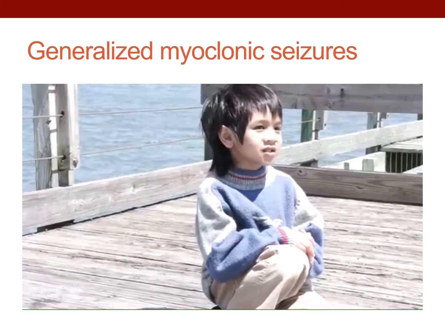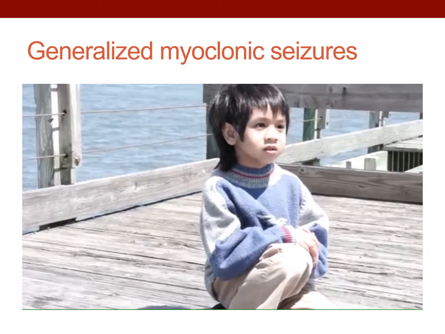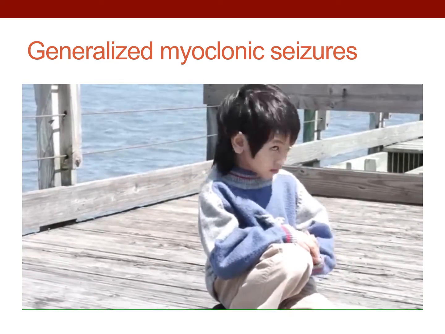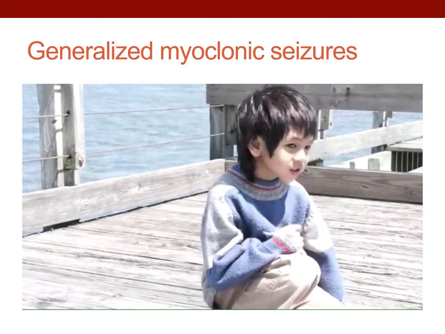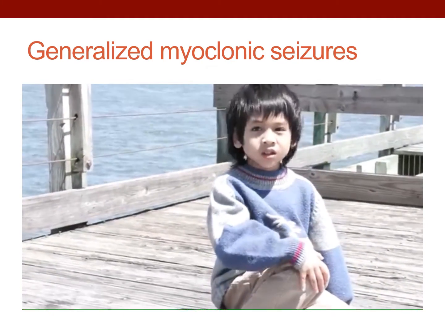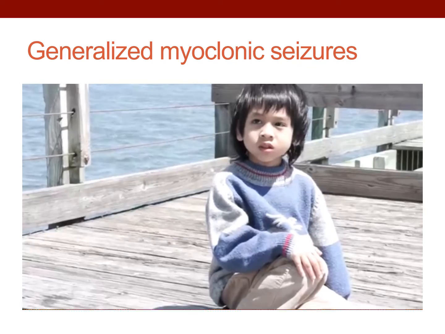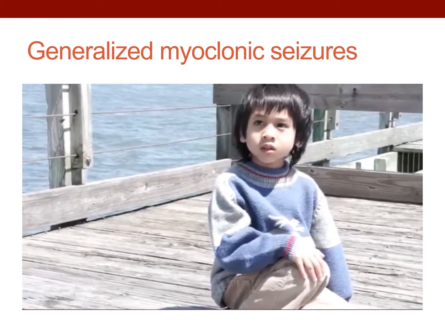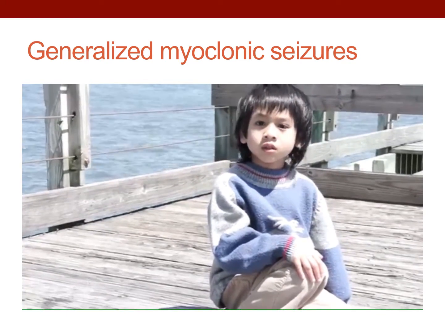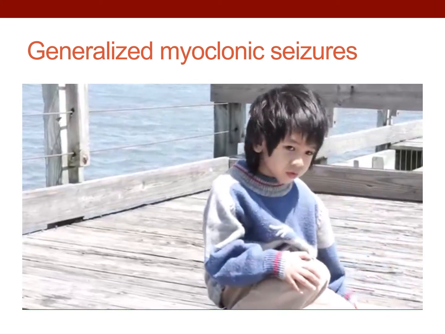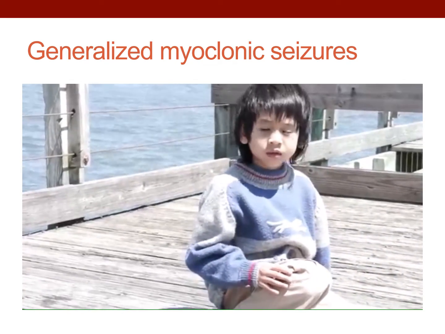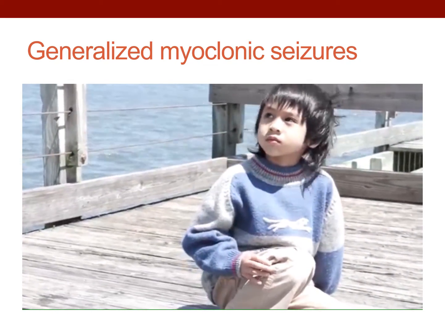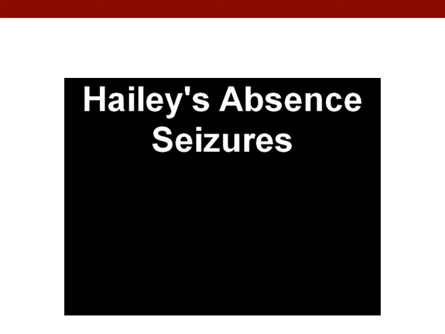Myoclonic seizures usually happen in clusters, which means that they can happen like 3 or 4 in succession. Usually they are not a nice type of seizure, and usually they are accompanied by other seizures. So for example, this same boy may have the myoclonic seizure and may have generalized tonic-clonic seizure as well.